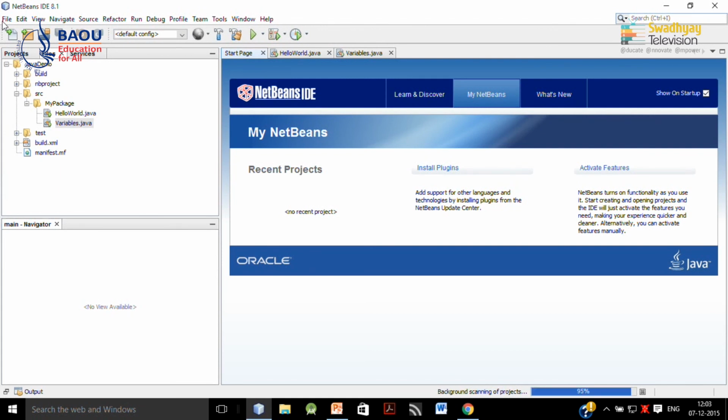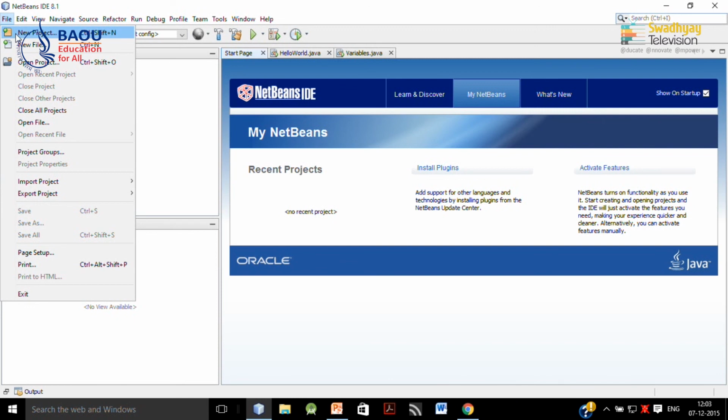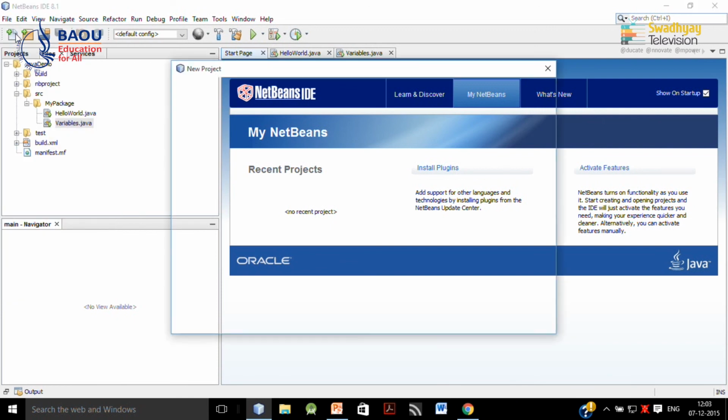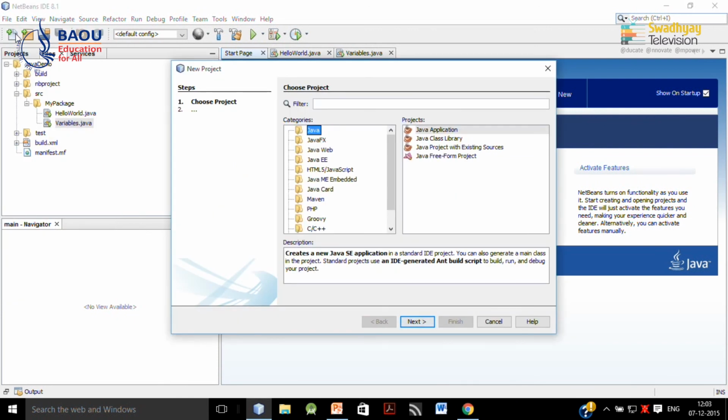So, go to the File menu and then choose New Project. Now, here the NetBeans IDE provides many types of application development, but we want to develop an application for Java. So, select Java in the category and Java Application as the project, and then we have to press Next.